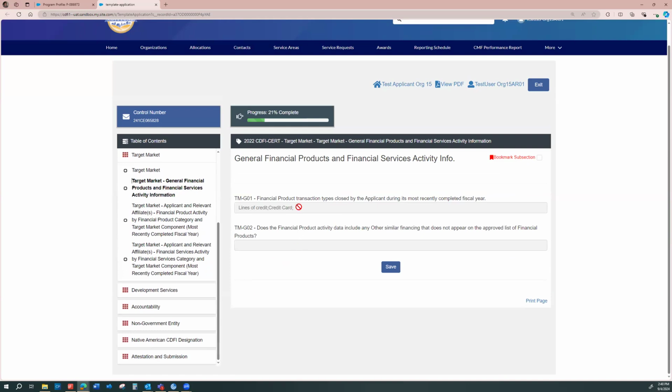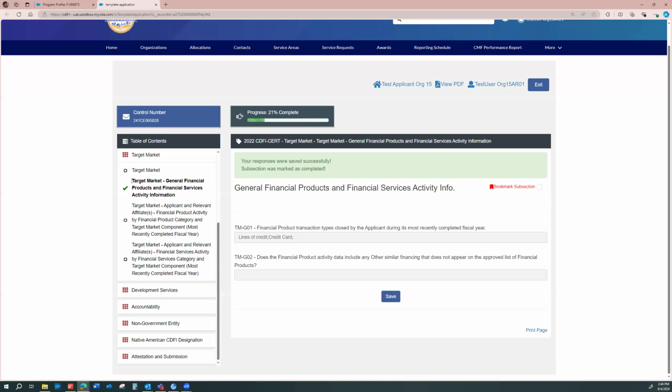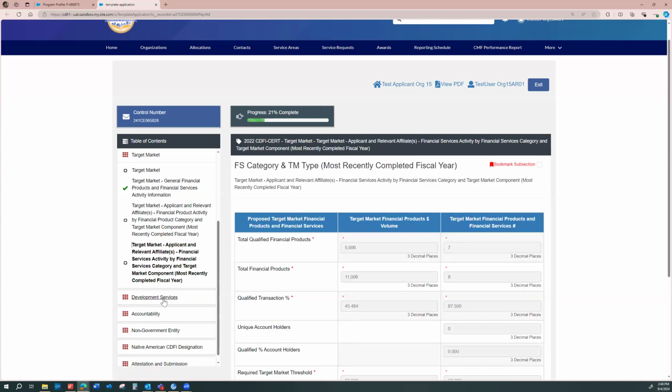This is another subsection that is pulling data from elsewhere in the application that you've answered and populating the data here for you, just for you to double check, attest to, and confirm that particular information that you provided. We're going to jump down to